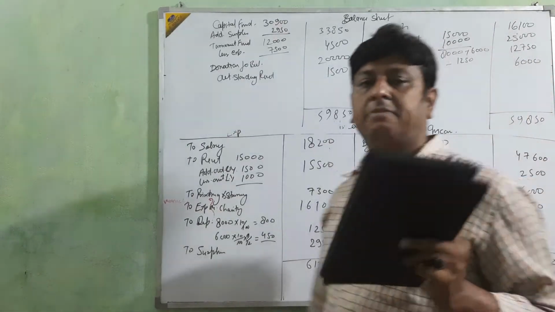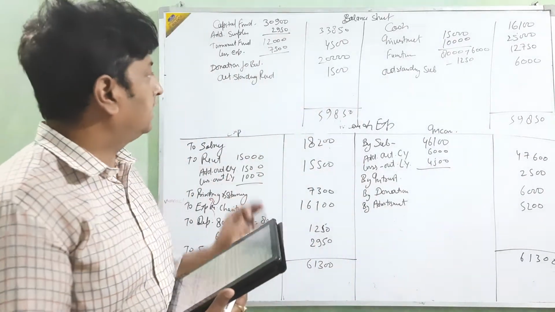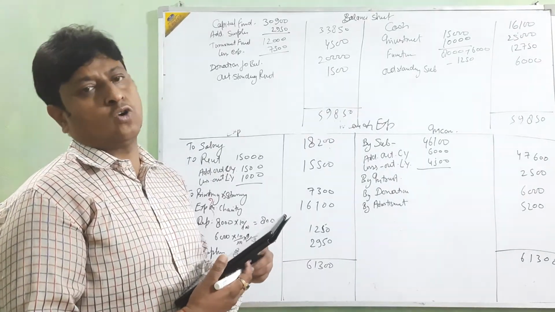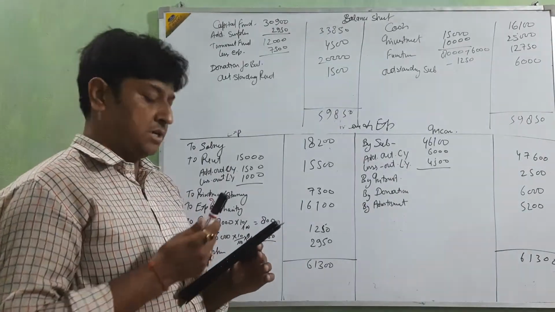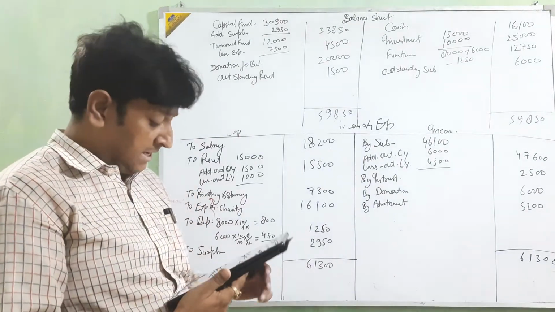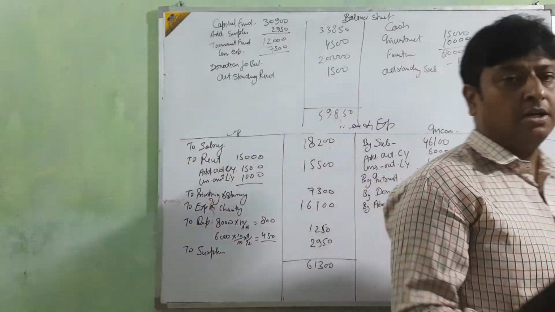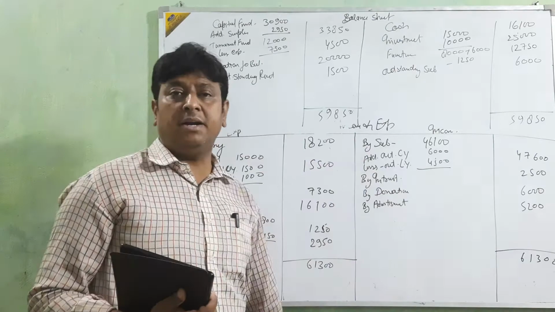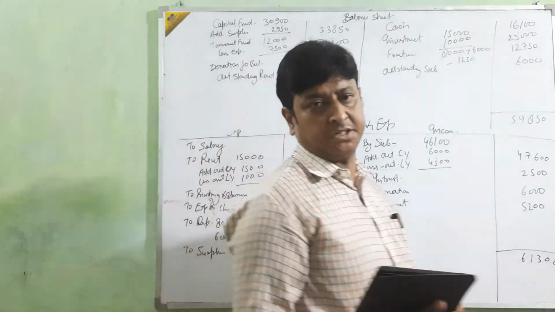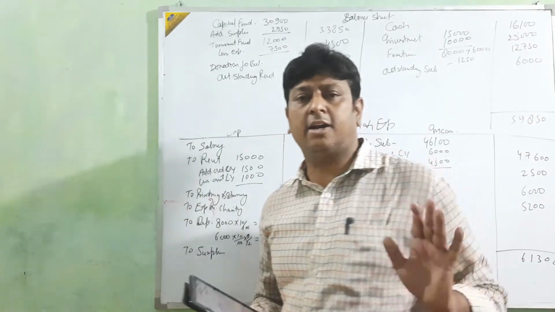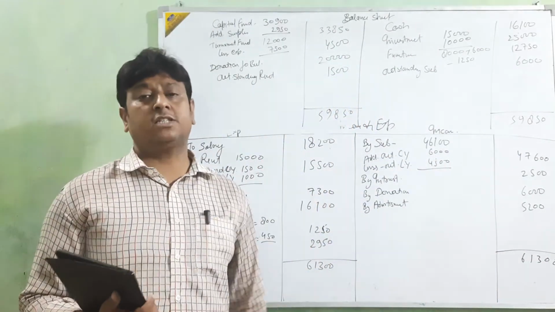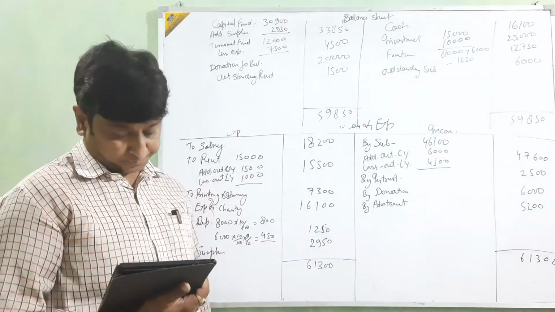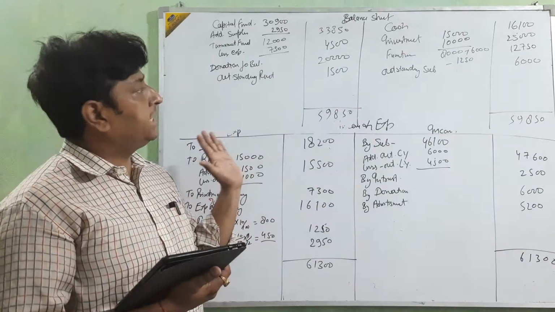Okay. In this way we are solving the question, beta. Clear? In this way we are going to solve one full question, in which all the things are given. It means in that question we are going to maintain the opening balance sheet, then receipts and payment account, and then balance sheet. Clear? Any problems, then ask about it on WhatsApp or by call. Okay.